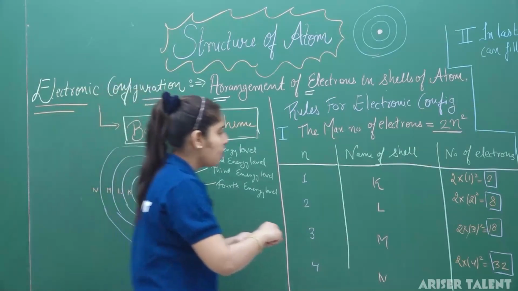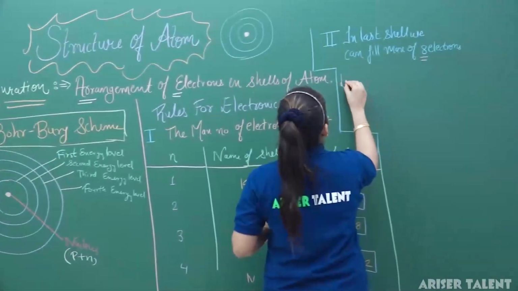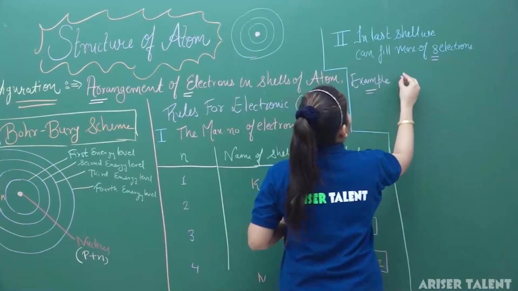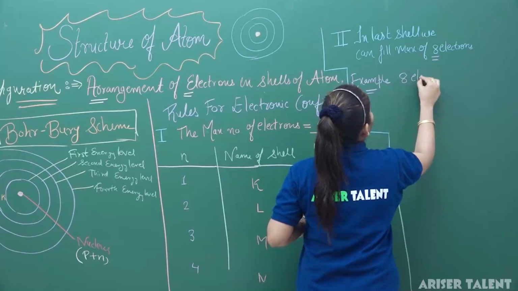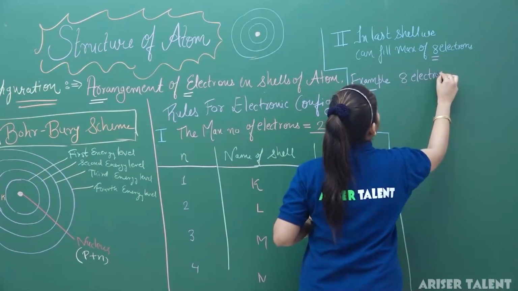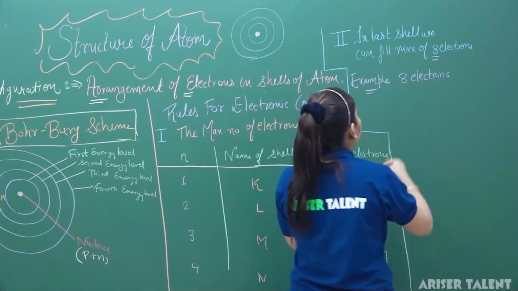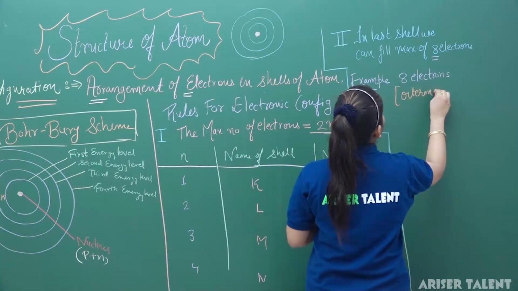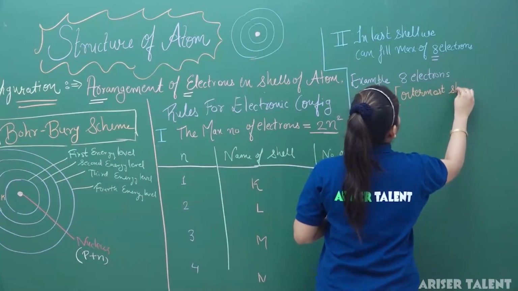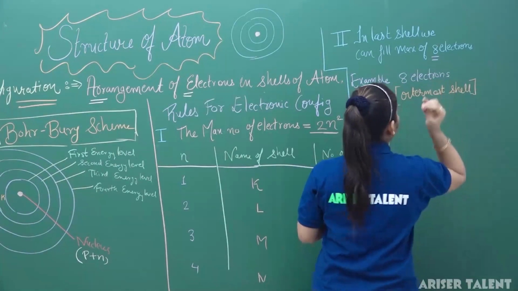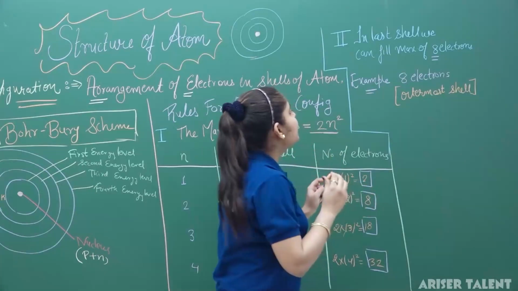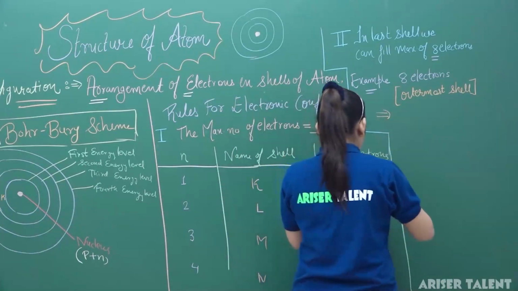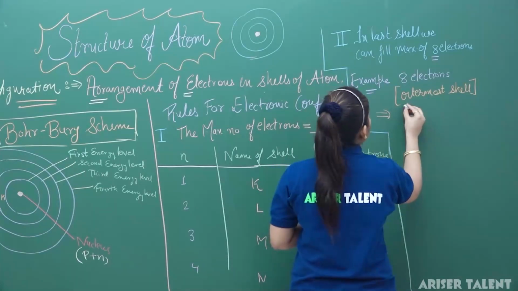So, we can write here, if there are 8 electrons in the outermost shell of an atom, it means it has completed its full quota and we can say that it will follow an octet. It is called an